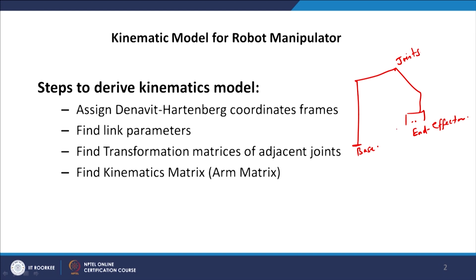Now if the robot has to handle an object in its workspace, then the robot should know the whereabouts of the objects. In other words, it should know the position and orientation of a particular object so that it can handle the object in a comfortable orientation or position. So how to obtain the position and orientation of the object with respect to the end effector, because the end effector has to handle that object.